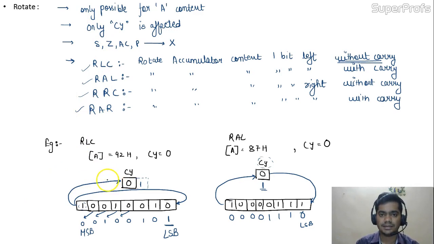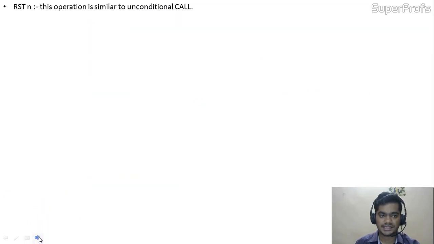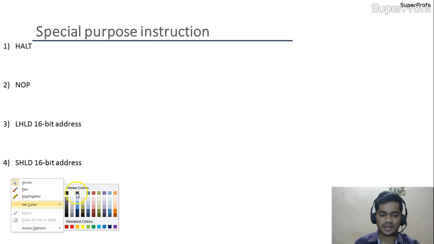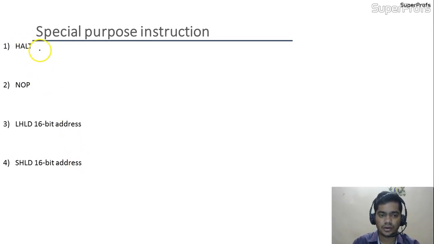Then we are going to see some special purpose instructions. So I hope you have written this operation. Now we are going to first see some special purpose instructions. Then we are going to see the branching operations. So the halt operation is used to